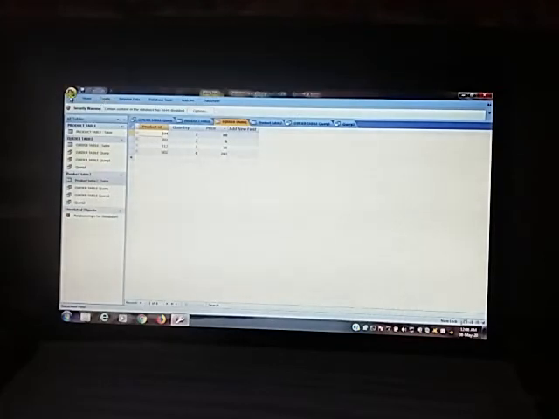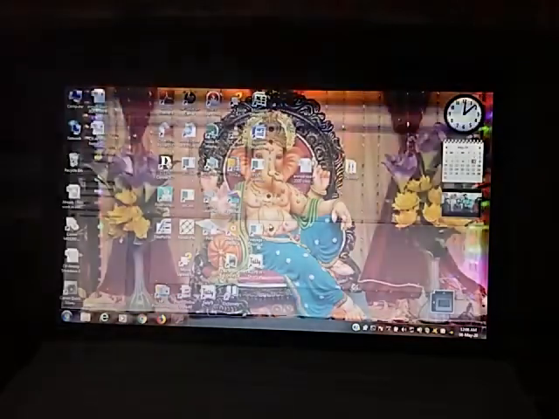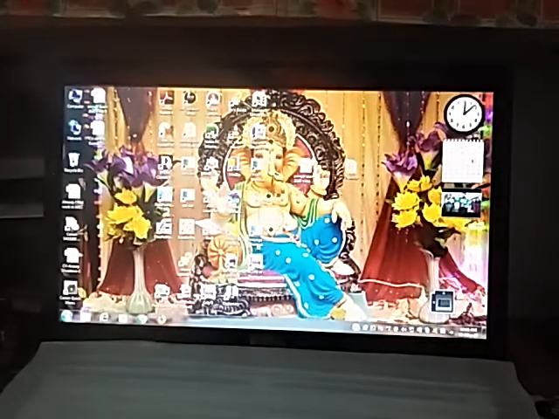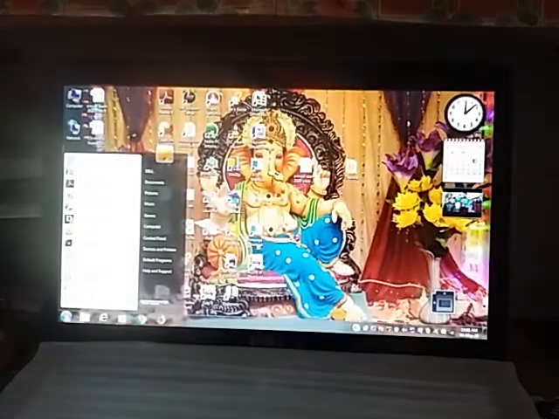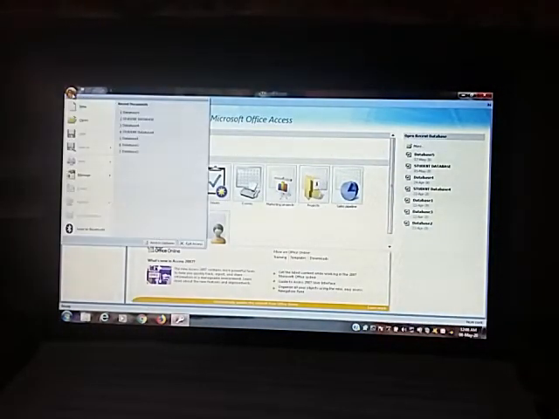Again click on the Create button. Suppose we take one new table, the database student table. We have one student table.